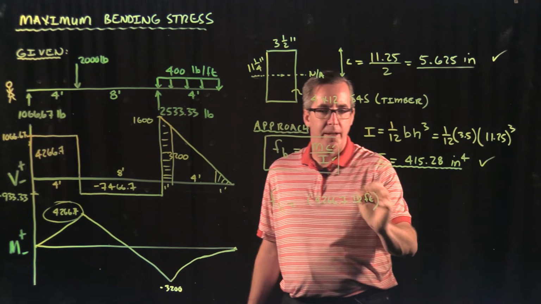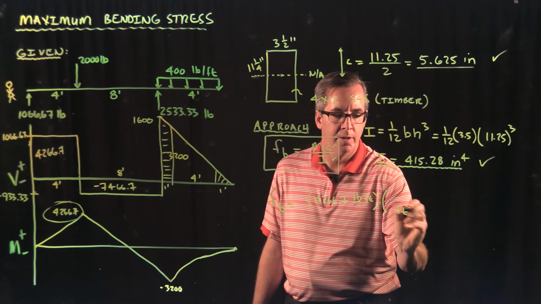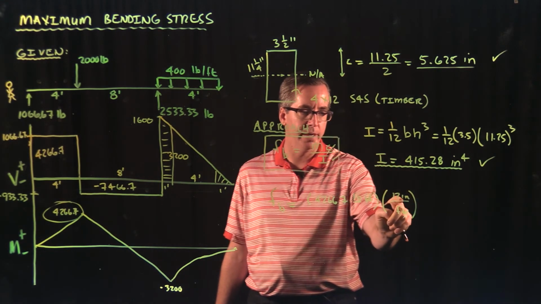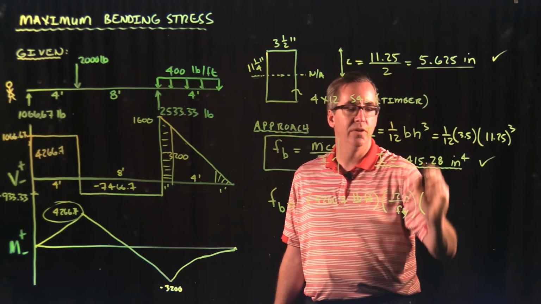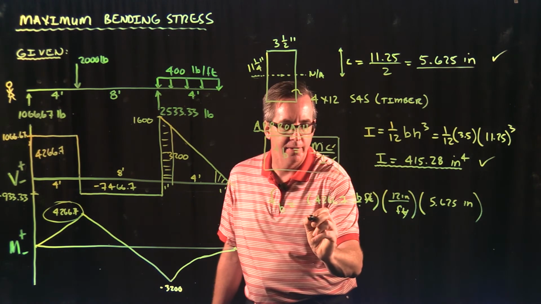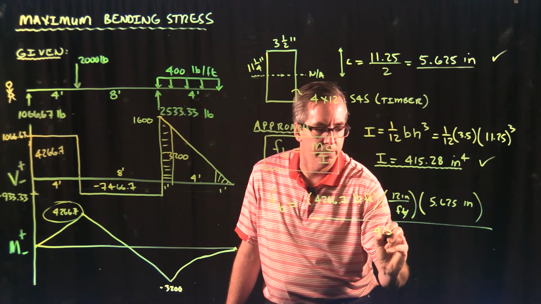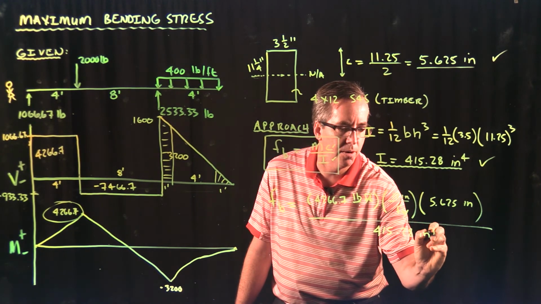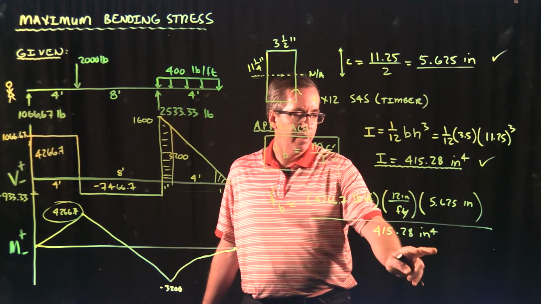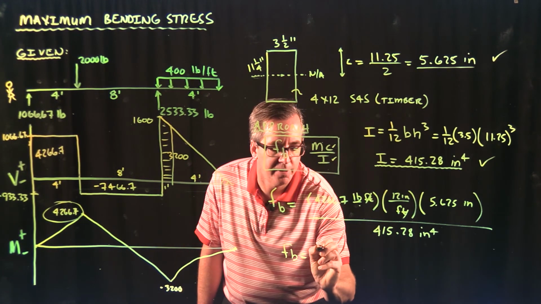Then we're going to be multiplying by C. Now C is in inches. I'm going to go ahead and convert everything here into inches. So in a foot, we have 12 inches. Okay, so that'll cancel here. So now we have pound inches. I'm going to be multiplying by 5.625 inches, which is the C value. And then in the denominator, we have this value here, the moment of inertia, 415.28 inches to the 4th. And so essentially what we have in the numerator is pound inches squared divided by inches to the 4th. Okay, that will give us a final value of